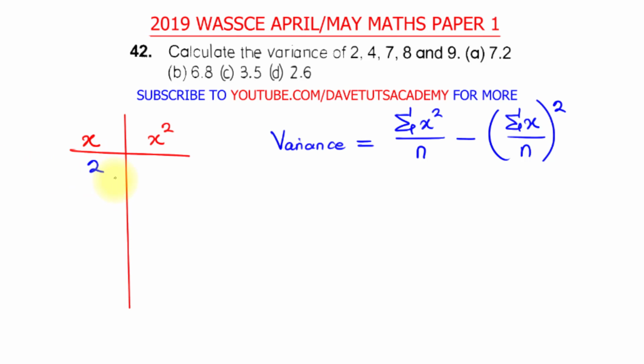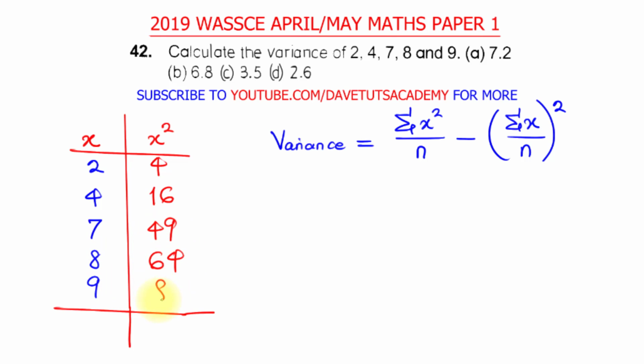In the first case, we have 2 as the first entry, we have 4, we have 7, we have 8, and we have 9. We are going to be summing them, so we'll be looking at the summation of this column down here. When x is 2, x raised to the power 2 is 4, that's the square of 2. The square of 4 is 16. The square of 7, that is 49. The square of 8, that is 64. And the square of 9, that is 81. So we need to add all of these so that we'll be able to get the sum of x squared. That's what the addition of all these right hand column entries is going to give us,